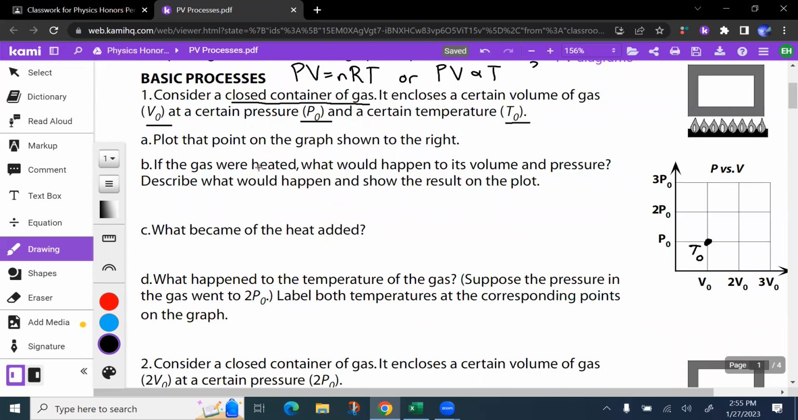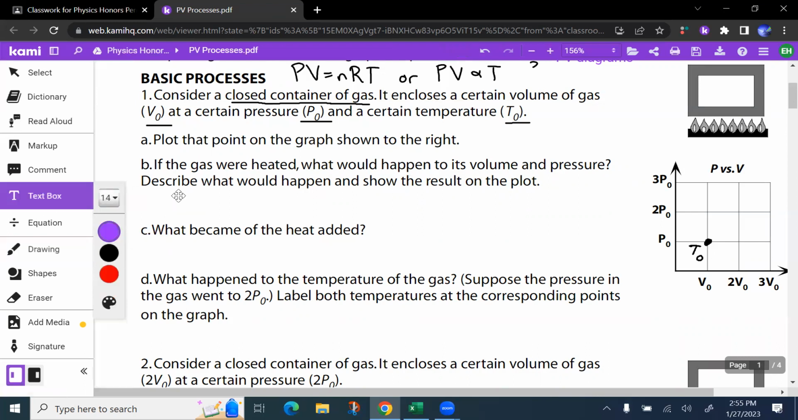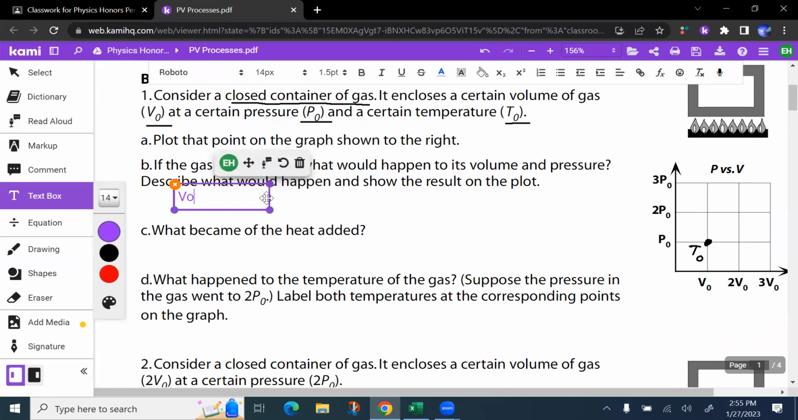Part B, if the gas were heated, what would happen to the volume and pressure? Describe what would happen and show the result on the plot. Well, the volume will not change. Remember, it's a closed container. Closed container means it's a fixed volume. The pressure, on the other hand,